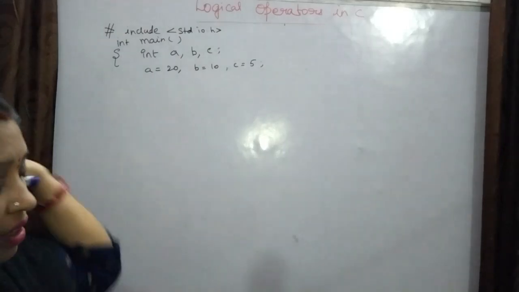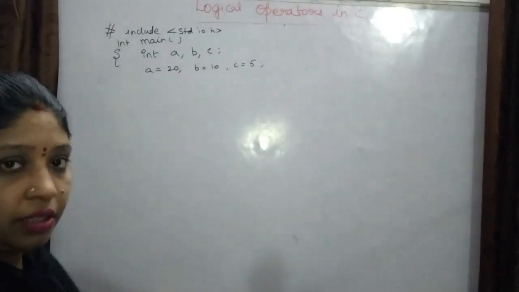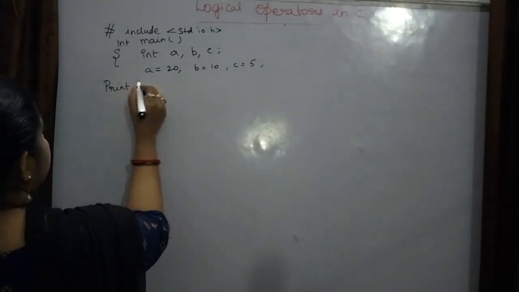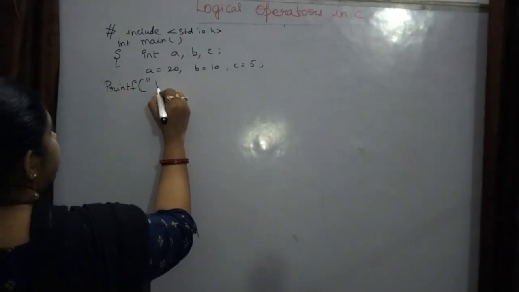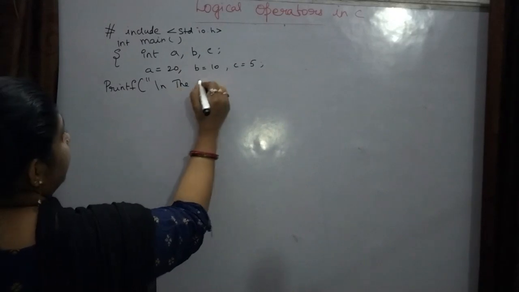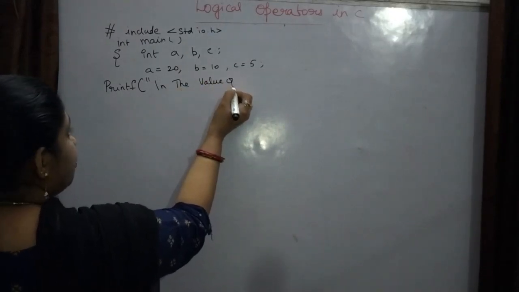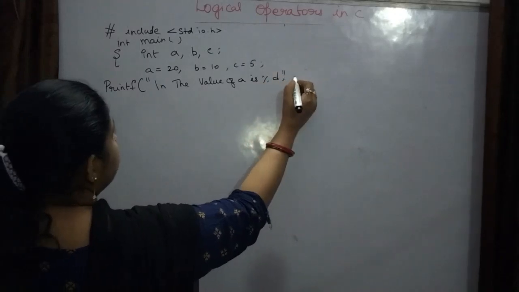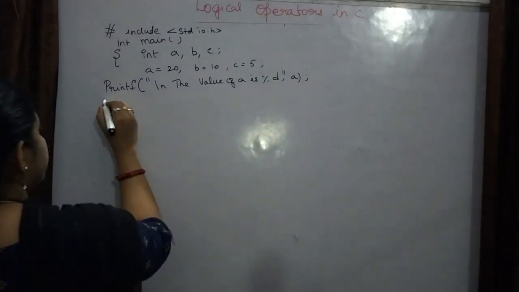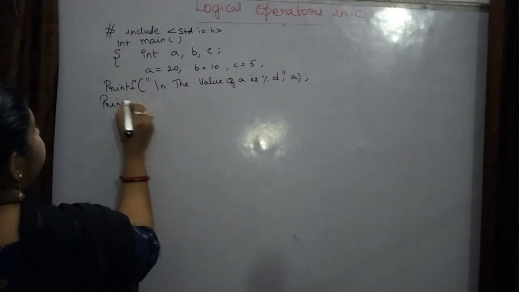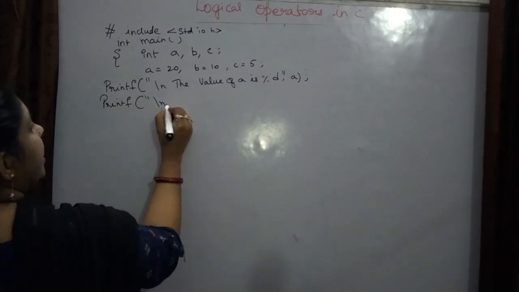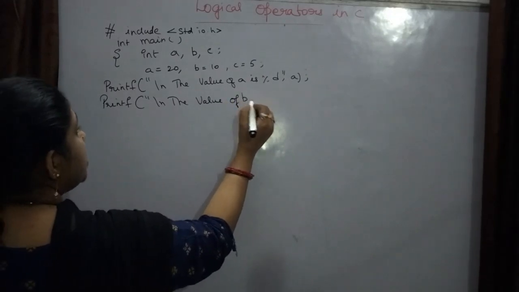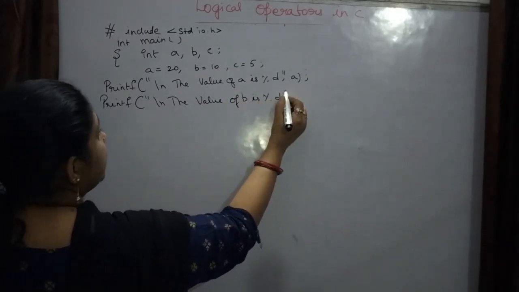All these things we have learned in our earlier classes. Next I am going to print the values. printf("\nThe value of a is %d", a); now printf("\nThe value of b is %d",